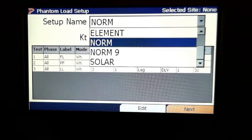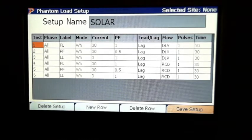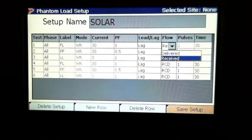So I select my solar. Now we want to do an edit, so I hit the edit there. Now if you go over here, you see that we got these tests set up. Right here it says DLV, which stands for delivered. If you wanted to change that, you could go right here to the little drop down, change it to received,